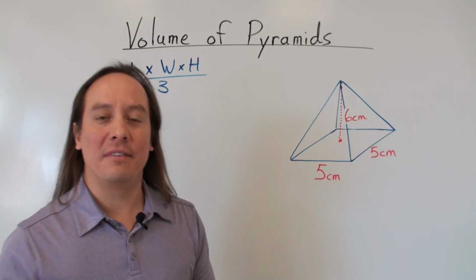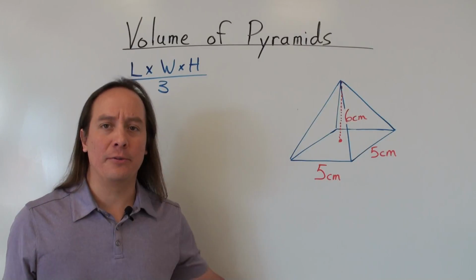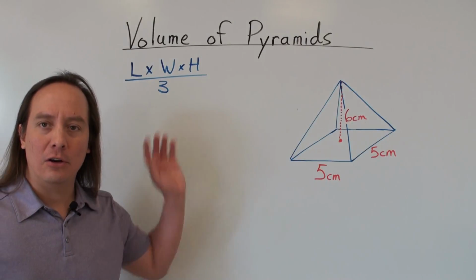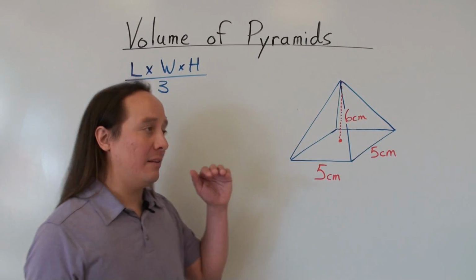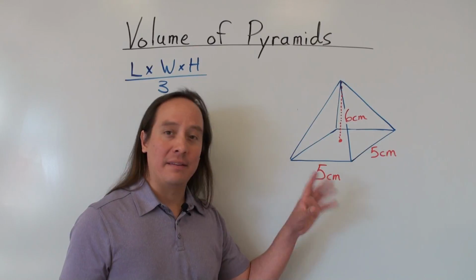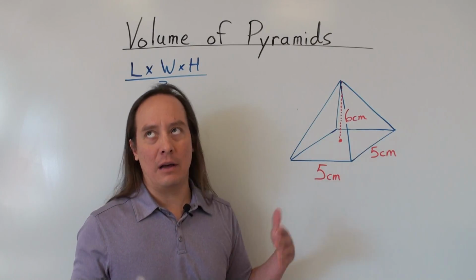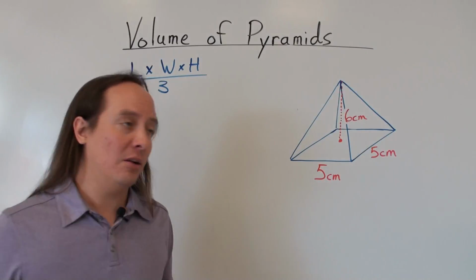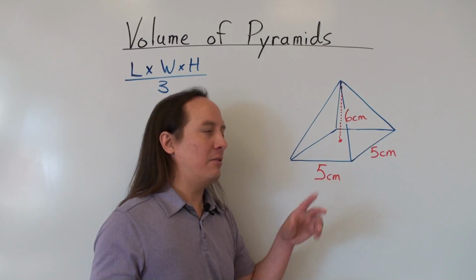Okay, so this is our first example of the volume of pyramids. It's a very straightforward kind of example. Put the formula over here, and I put the example over here. So this is a very classic or typical kind of pyramid where the base, this is like the Egyptians, right? Where the base is a perfect square, and I don't know how perfect the Egyptians are, but I hear they're pretty darn close. Anyway, so the base is a square in this case, and that's what makes it a typical